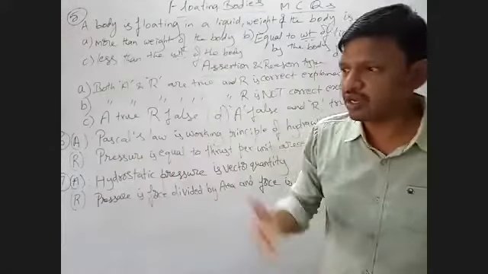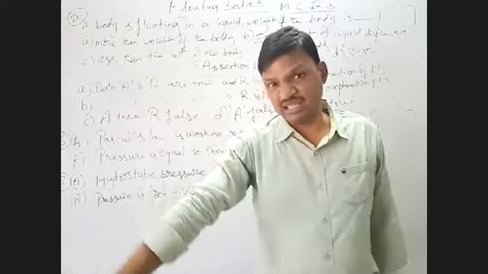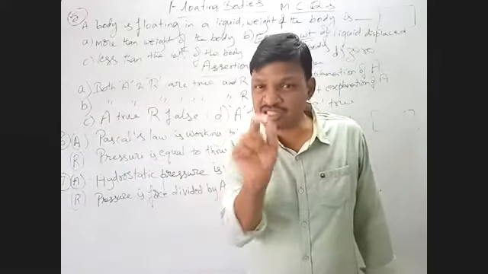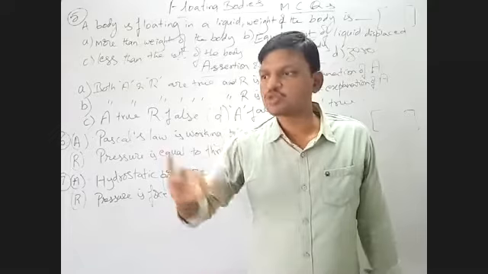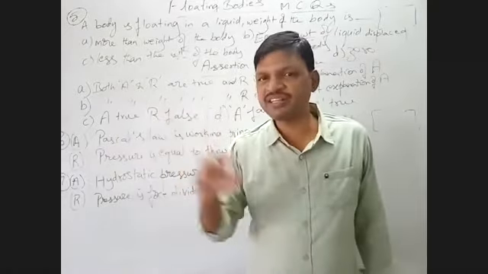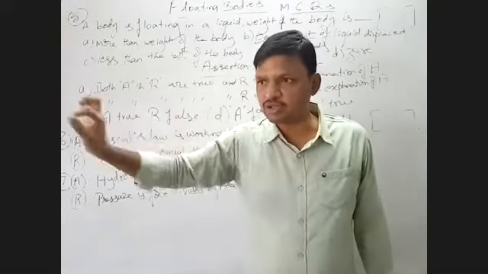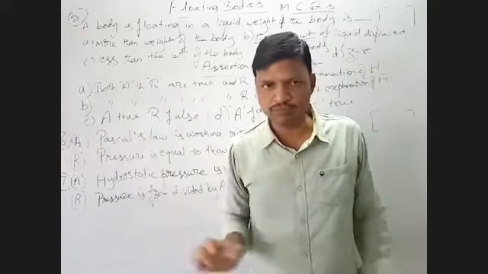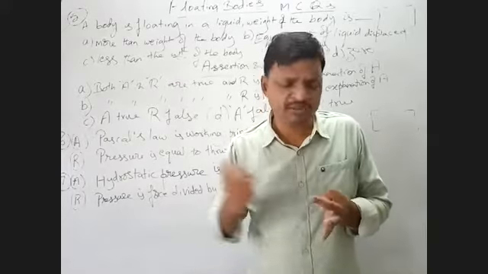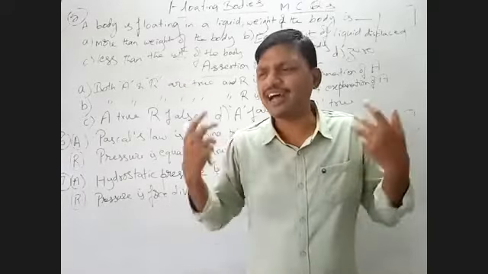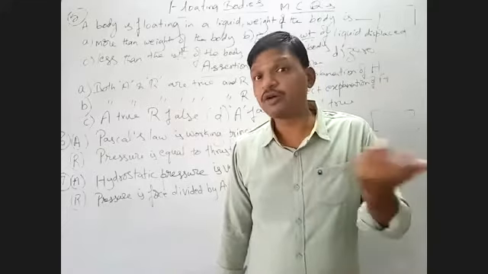See, suppose you are given a question like: what is the value of acceleration due to gravity of Earth? Acceleration due to gravity means small g, and you know that value is 9.8 meter per second square. As per the choices, you have to answer. The value of acceleration due to gravity of Earth is small g equal to: option A, 10 meter per second square; option B, 9.8 meter per second square; option C, 200 meter per second square; option D, I don't know.